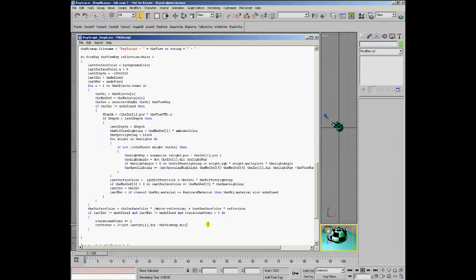This dot product taken twice, then multiplied by the surface normal, and normally we would have to subtract the view ray from the surface into the eye, and since we get